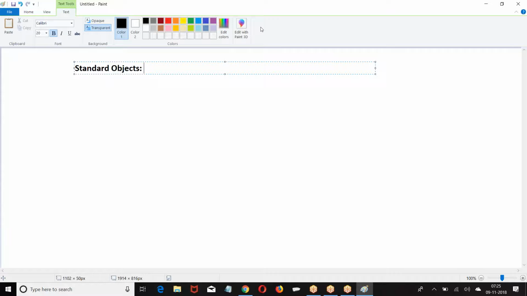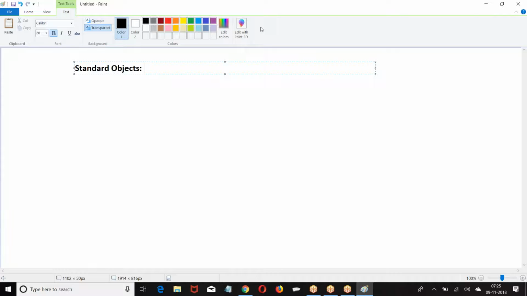Some of the standard objects that we have are account, contact, user, lead, opportunity. The objects required to run the CRM operations or to maintain the security and permissions, whatever is required, Salesforce has already designed those. They are called standard objects.